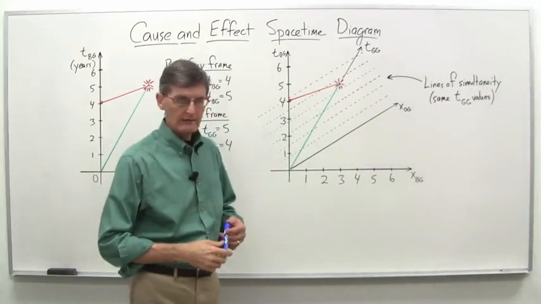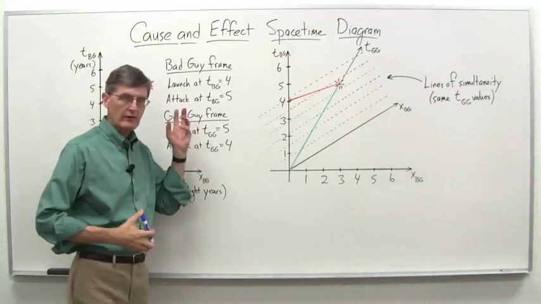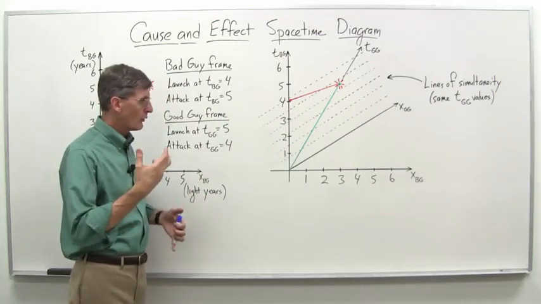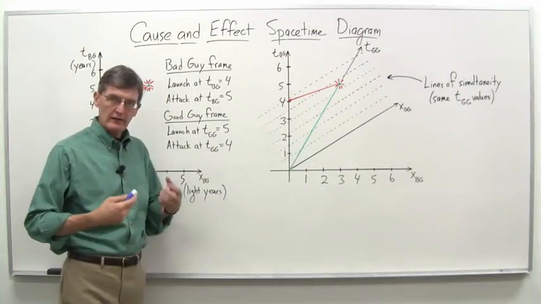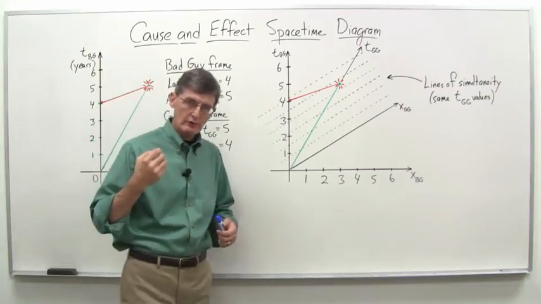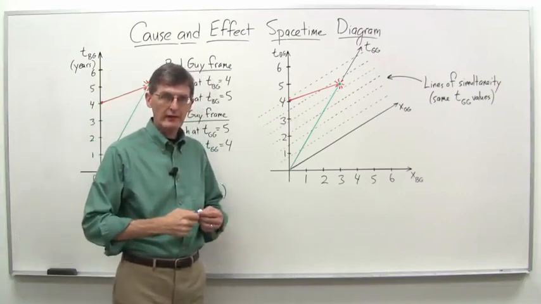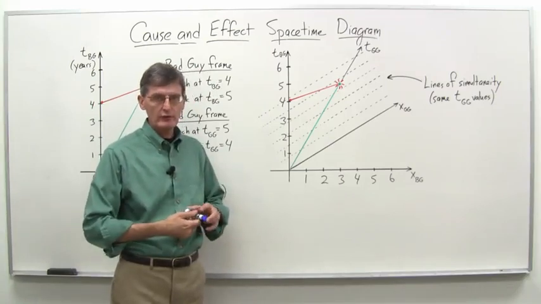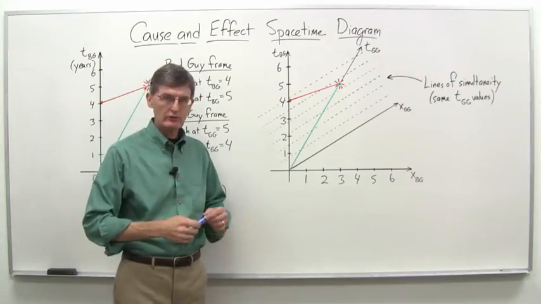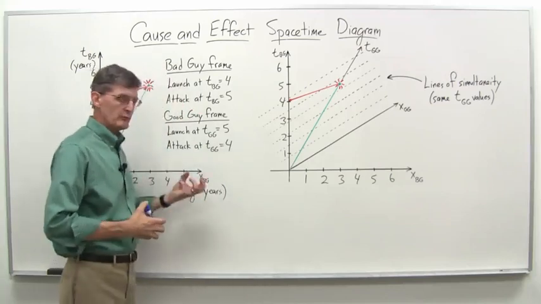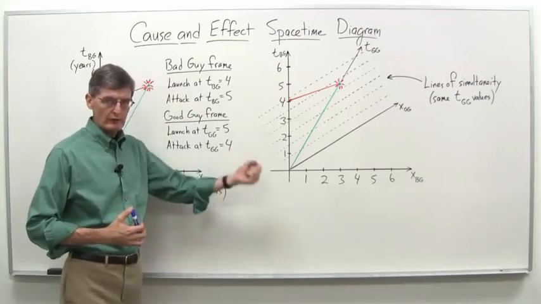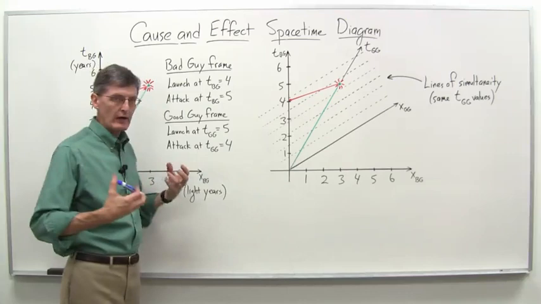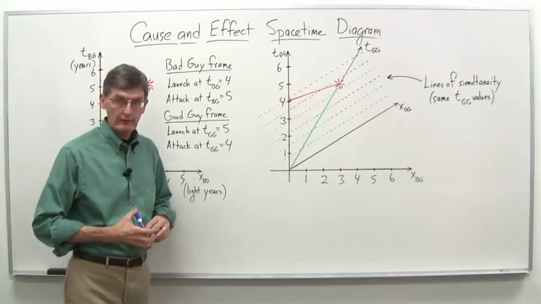Last week we did an example involving cause and effect, and what we showed is that if you can have a situation where something is traveling faster than the speed of light, a material object like a spaceship, or it actually generalizes to any message, any information type message where you can get from one point to another point, you run into problems with cause and effect. There are contradictions involved.